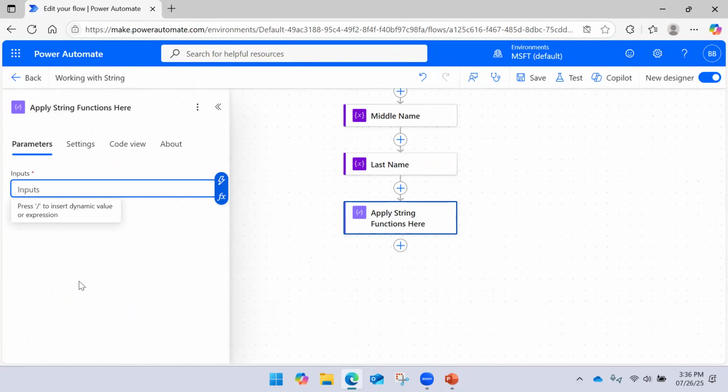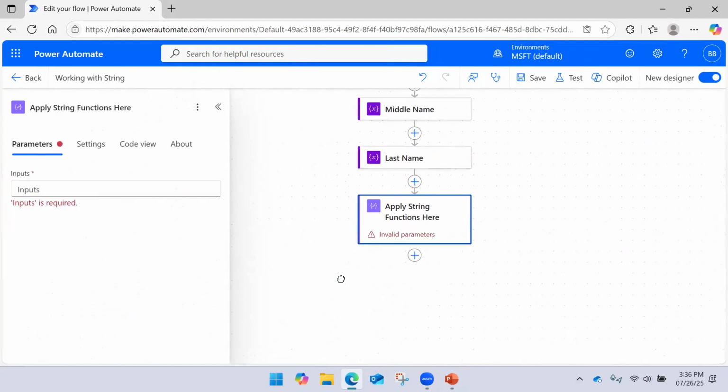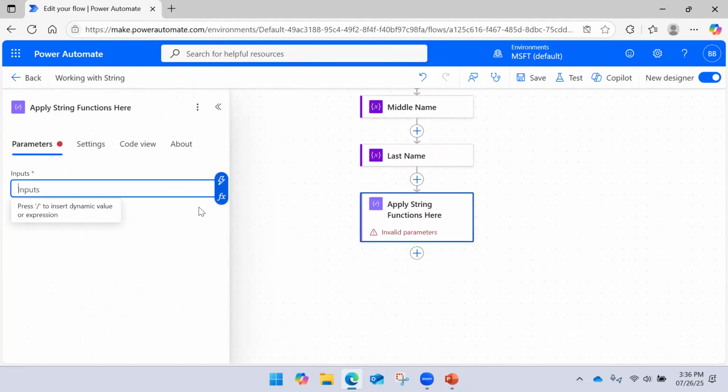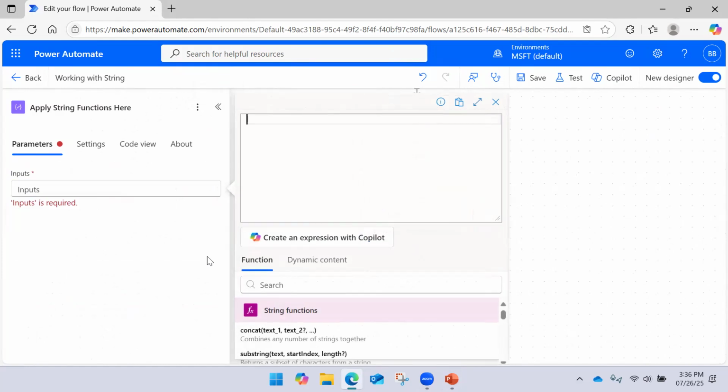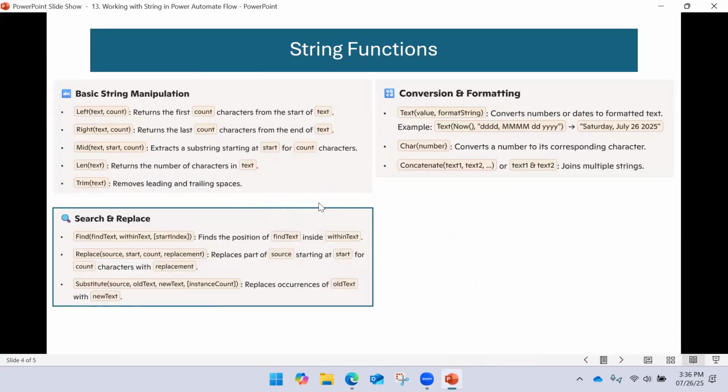Let's say I would like to apply a string function to combine all these three variables and get the full name, right? So what we can do is, here you can see the list of functions. A few functions are supported here, but all these functions are supported in Power Automate Desktop, even in the Power FX language also, but not with this Power Automate Cloud platform.